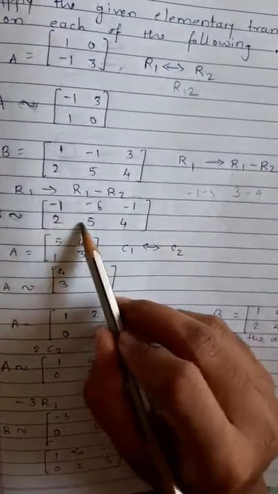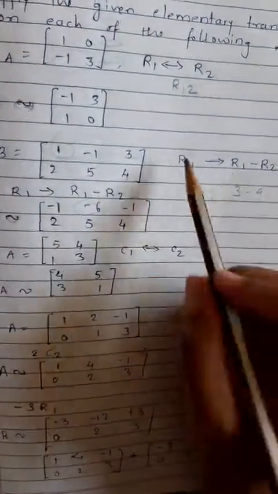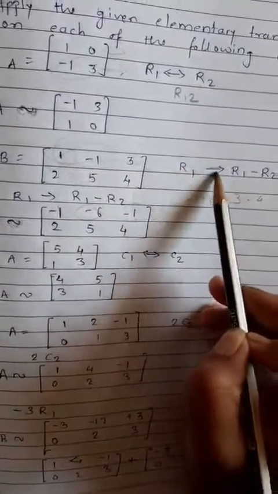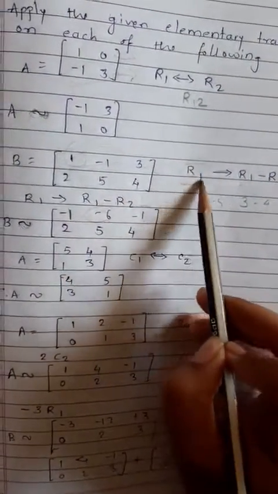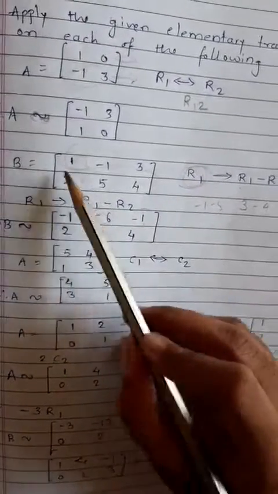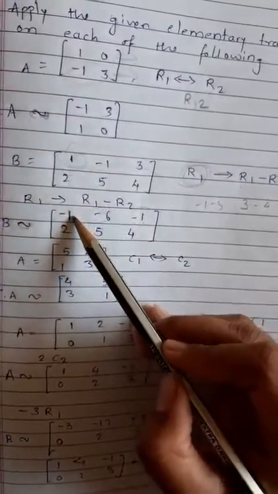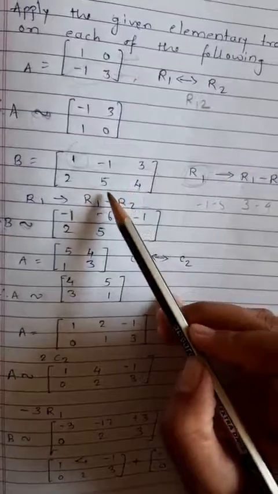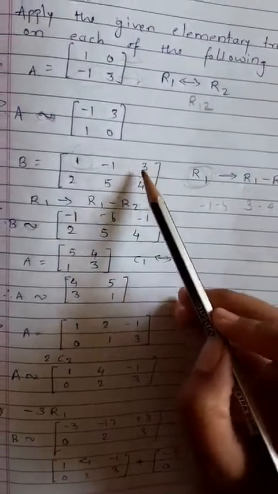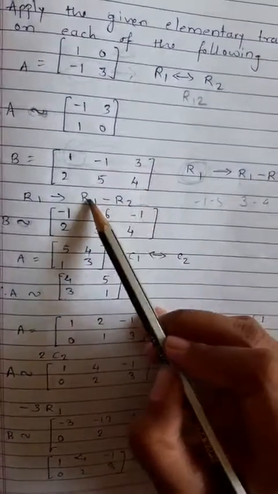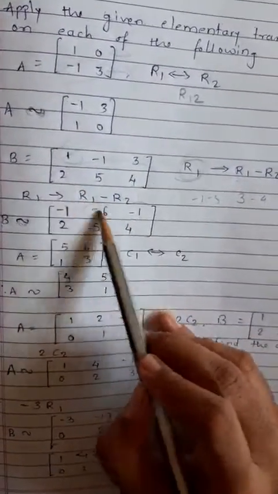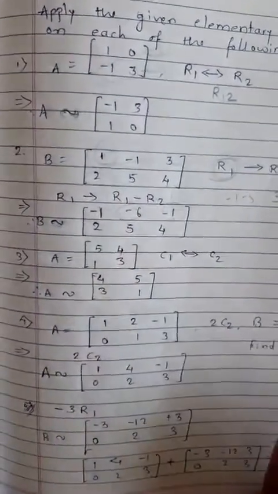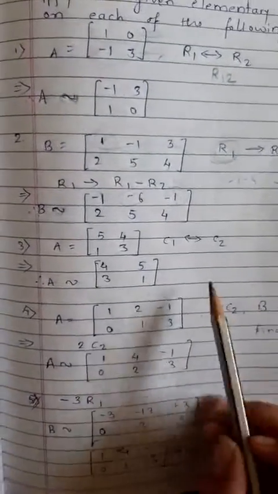and the second row as it is, we are not going to change the second row at all, we just have to do the operation R1 minus R2 only on the first row. Okay, means just 1 minus 2 will be minus 1, minus 1 minus 5 will be minus 6, 3 minus 4 is minus 1, R1 minus R2 is the operation. Just the first row will change, the second row will be as it is.